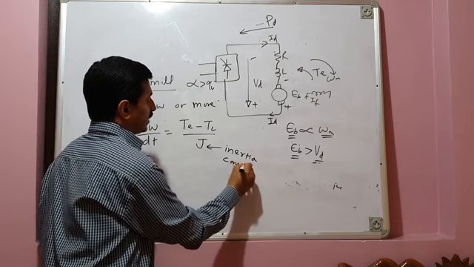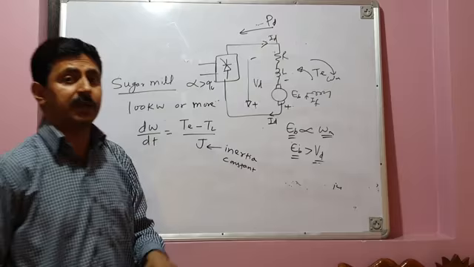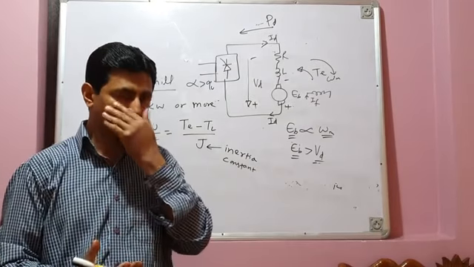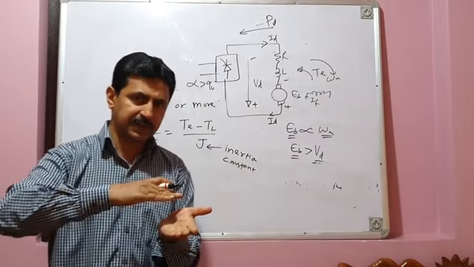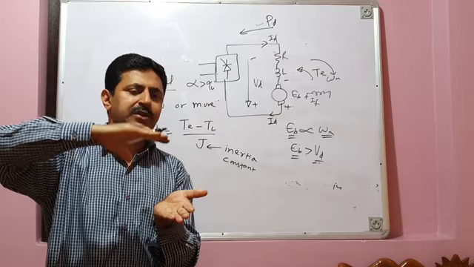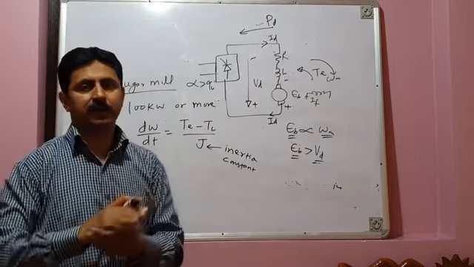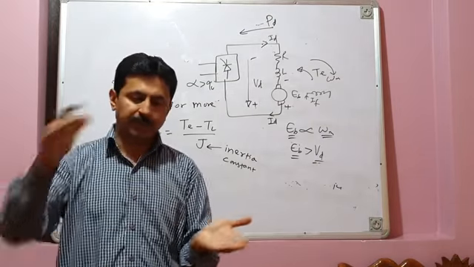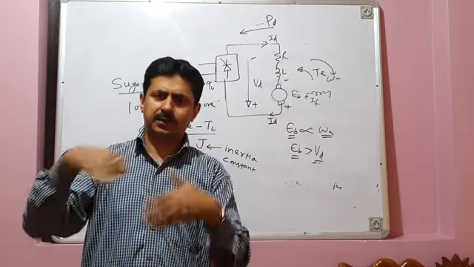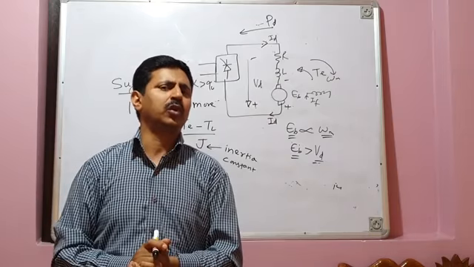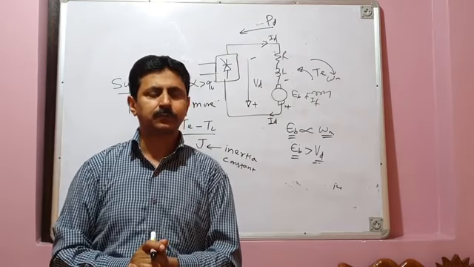And this J in the case of a sugar mill is very, very large. The sugar mill load is considered a high inertia load. That means when the motor starts accelerating, it accelerates slowly because of the high inertia of the load. Now suppose the motor has reached steady state speed and some process is going on, and now you want to stop the motor.